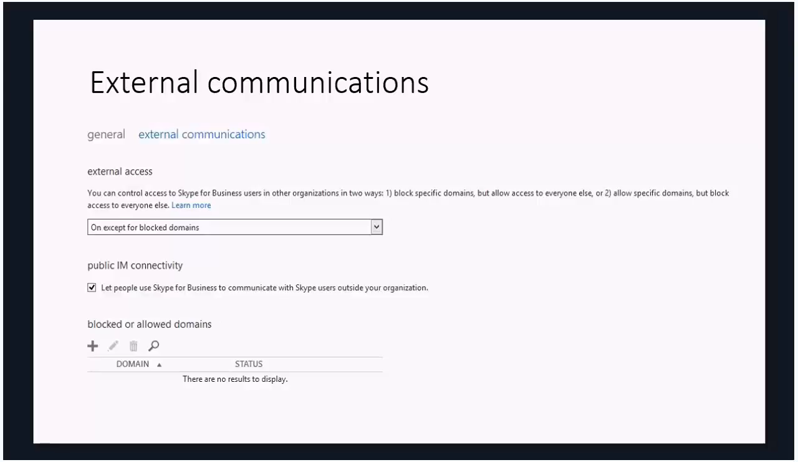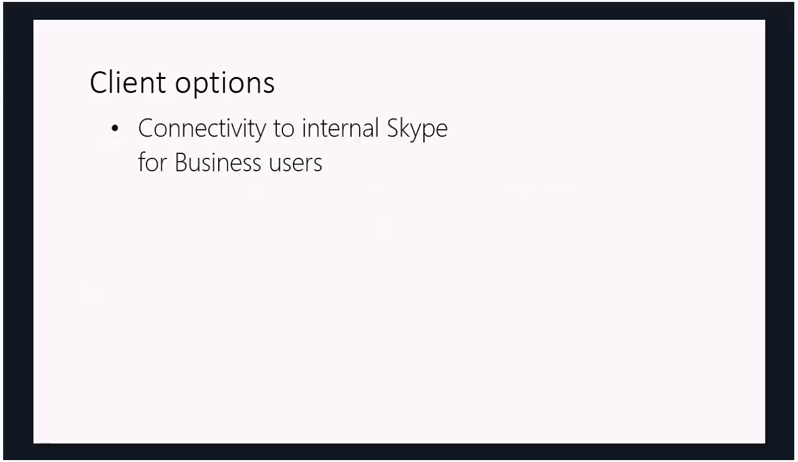So you can control that on a per user basis if you want. Okay, so your client options here are that once you have all of that set up, your clients can then connect to their internal Skype for Business users. These are typically users within the same domain as you have. That means they can work with their colleagues, with people within their organizations, and share